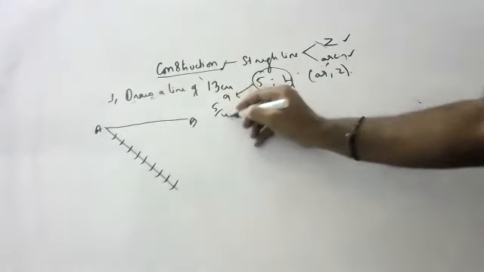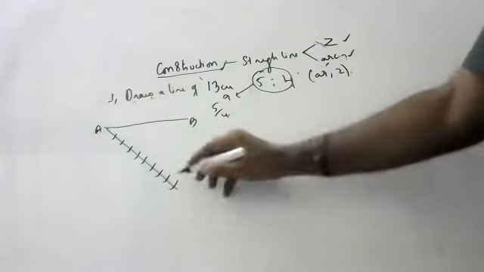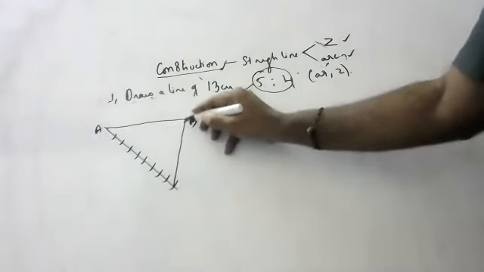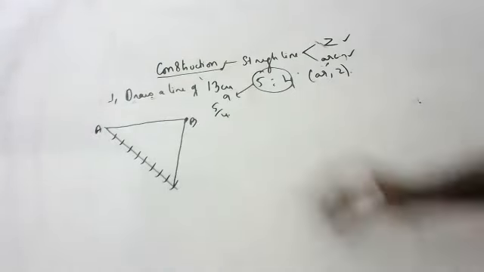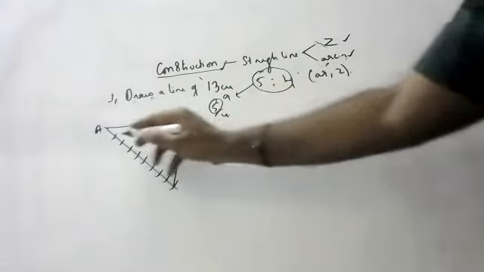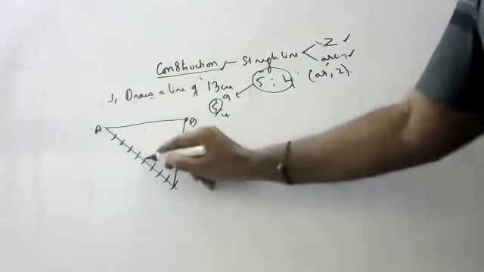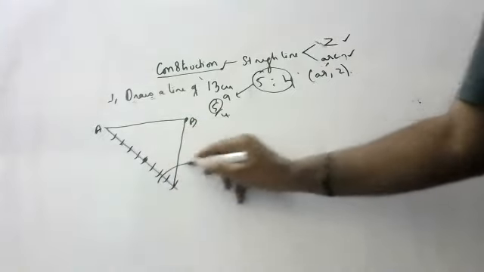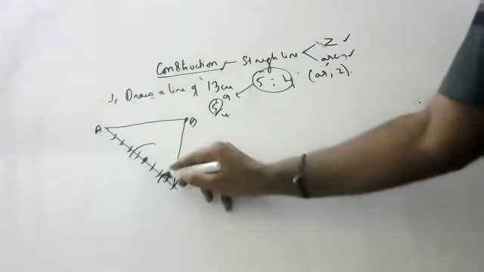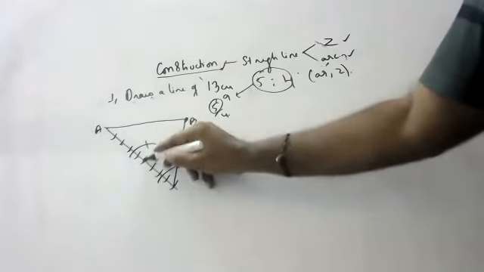Okay, children, 5 by 4. So what you will do, children? First, denominator always to the tip. Numerator is for parallel line. So 1, 2, 3, 4, 5 from fifth. This is fifth line, children. So from here, put compass here, take this distance, and cut that.